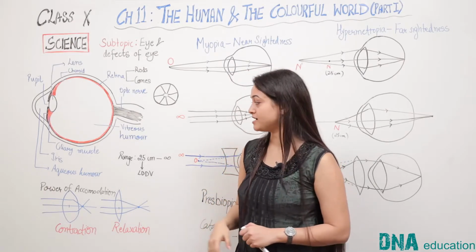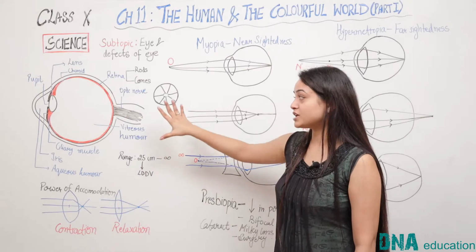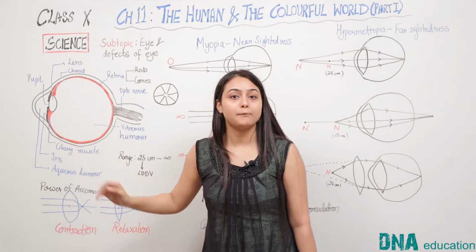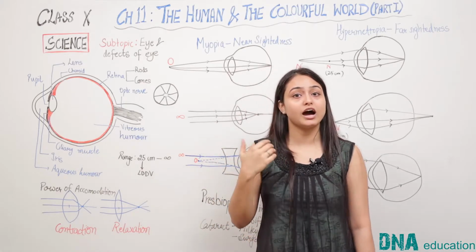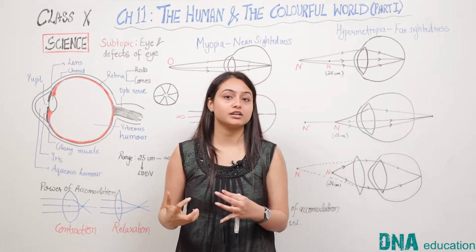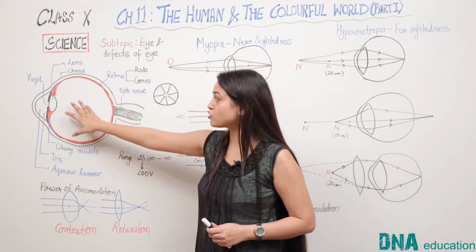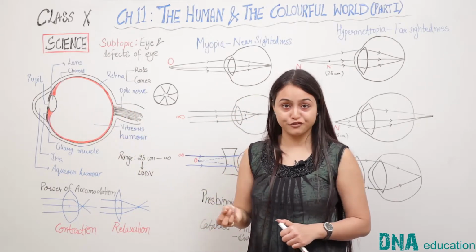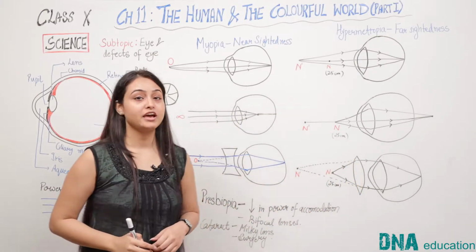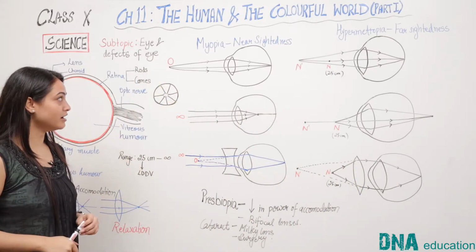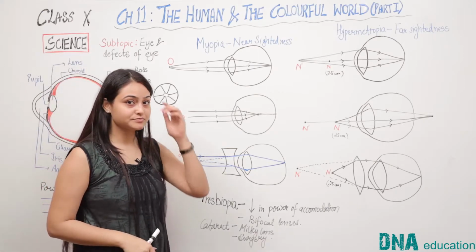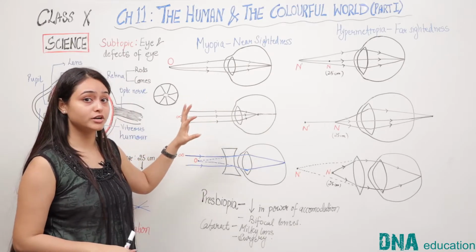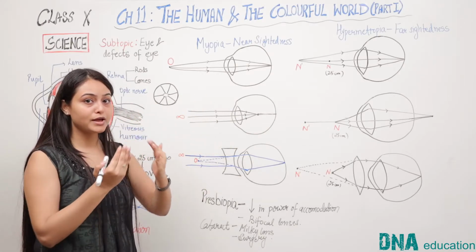Science Class 10. Now, this human eye is a normal human eye which functions normally, but due to various lifestyles and other factors, disorders occur in the eye because of which images are not properly formed on retina. Let us learn about some of those defects one by one. The first is myopia or nearsightedness. Myopia is called nearsightedness because in this disorder we are able to see nearby objects clearly.